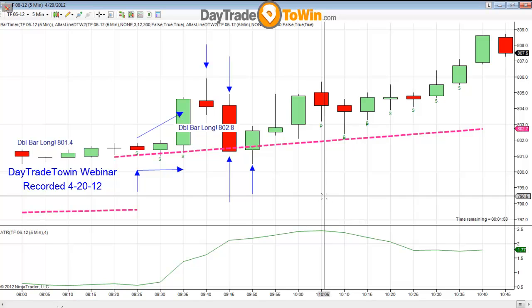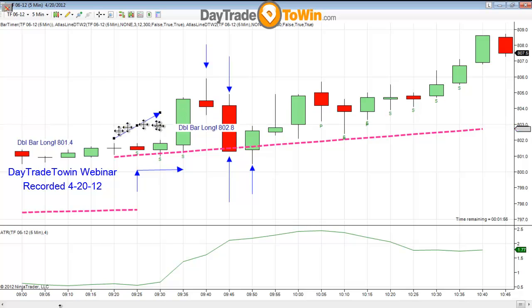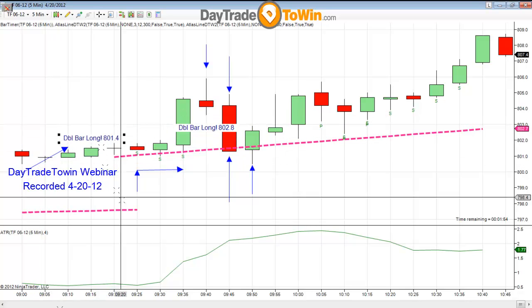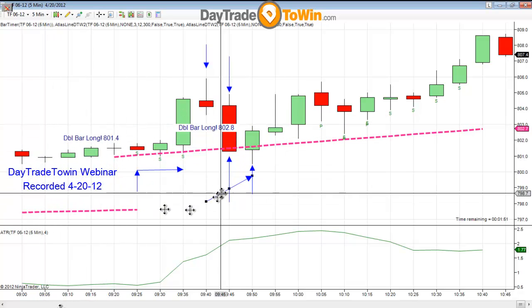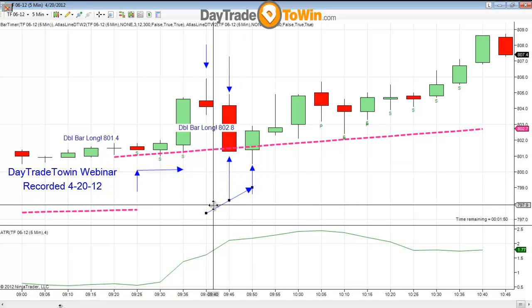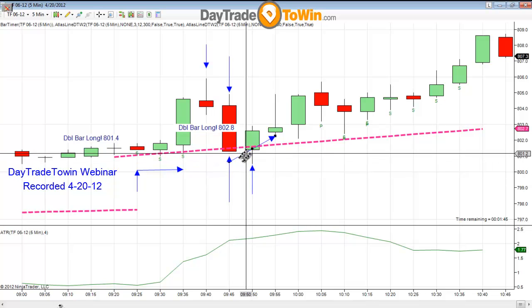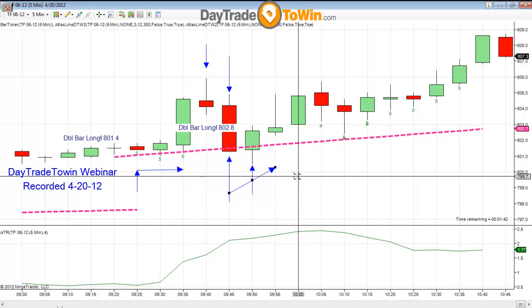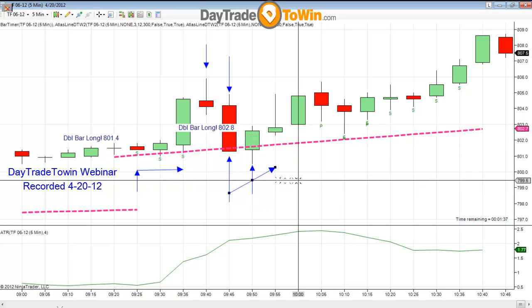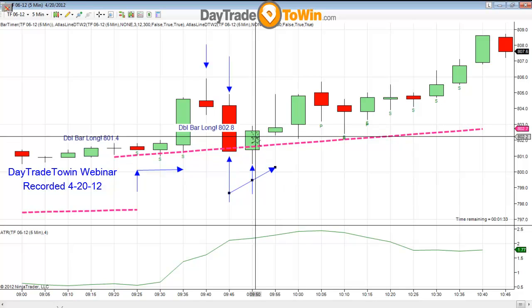So it would not be considered a continuation of this original long, double bar long, and that's why you don't see the P's. But right after that, since it resets itself, it gives you another 1, 2 double bar long to go long right here. So really, the entry would have been exactly the same, but you would have to wait for confirmation or proof that we're going up. I wouldn't want to take this